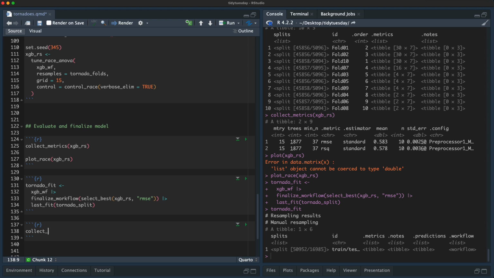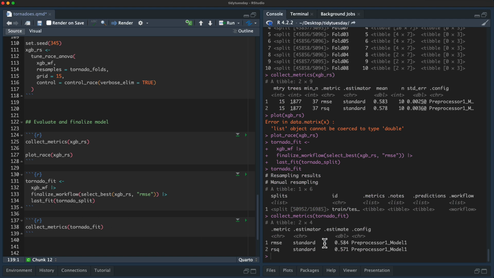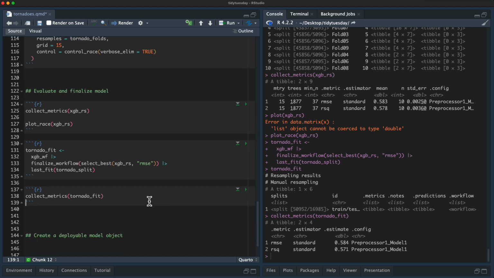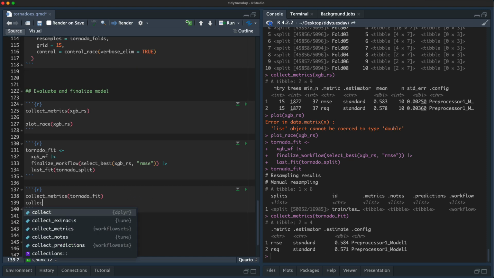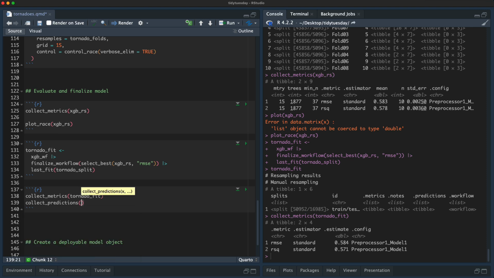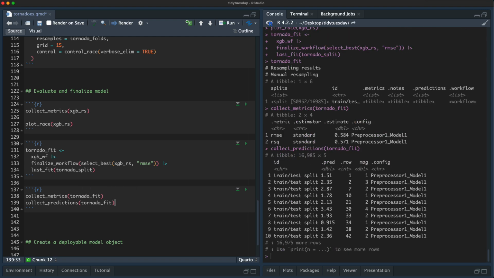If I were to get out the metrics on this tornado fit like this, these are now the metrics measured from the testing data, and it's about what we expected before, which is good. It confirms we do not have a lot of overfitting.